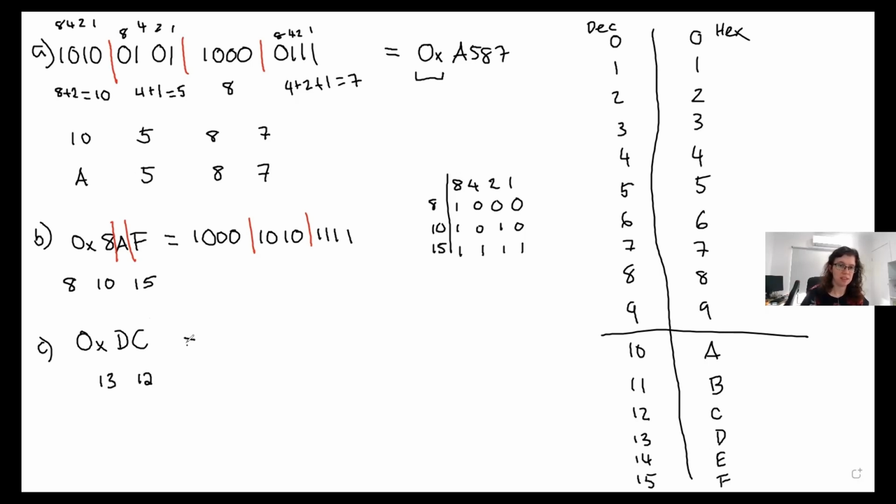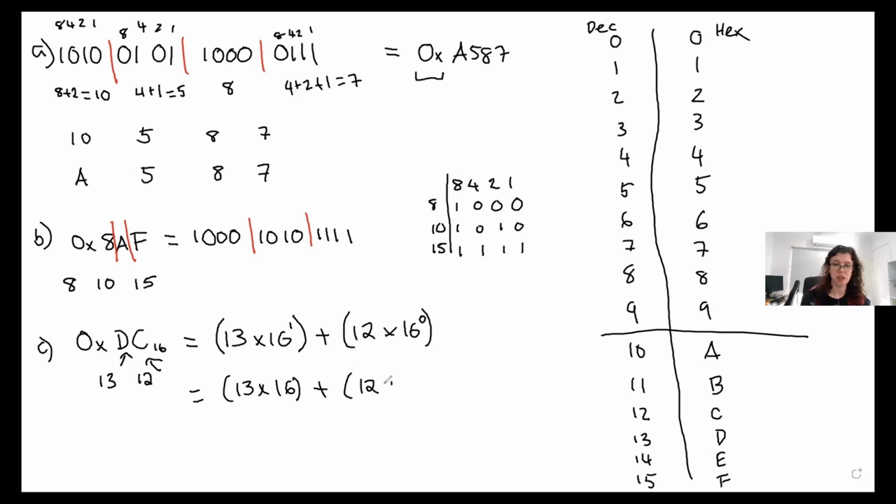So we can do 13, which is our D, times 16 to the 1, plus 12, which is our C, times 16 to the 0. This is the same multiplication math that we've seen in all of the previous ones. So here we end up with 13 times 16 plus 12 times 1,